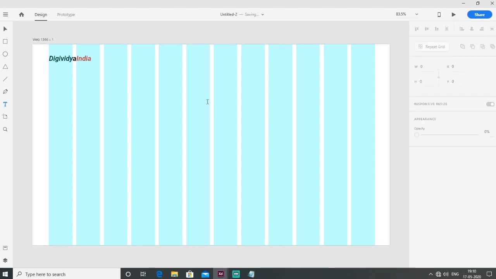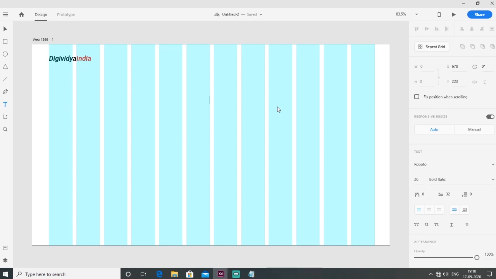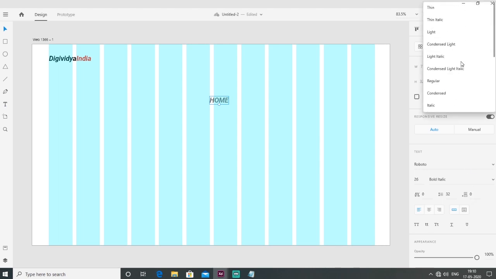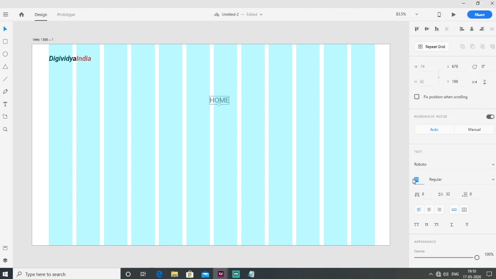Then I go to the text tool. I want to make some buttons. Size is regular, style is regular, size is 14. I just copy them using the Alt key.